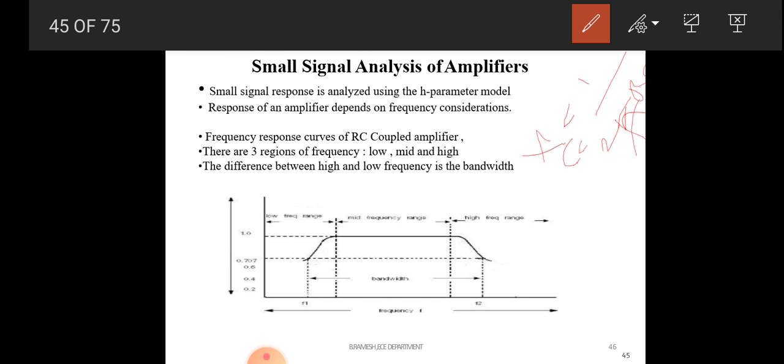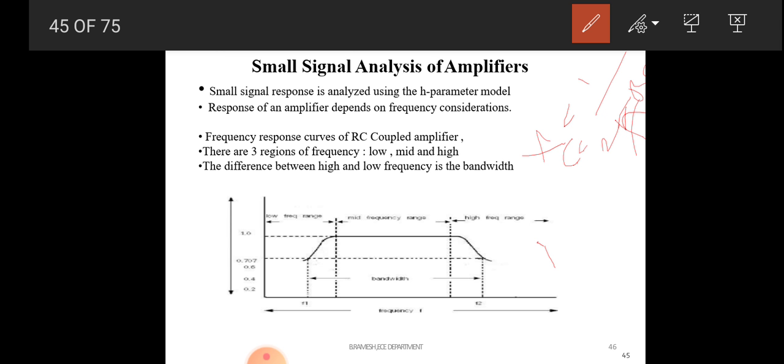That is how we can observe that at low frequency the gain is low, and when you increase the frequency the gain increases. At mid frequency your gain is constant, and at high frequency again the gain decreases. Why? Because of the device capacitance, the emitter base junction capacitance reactance decreases. So IB current starts flowing through the collector base junction, and so the IB current decreases. IB current decreases means IC current decreases.